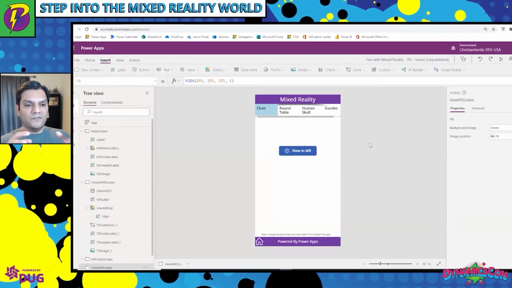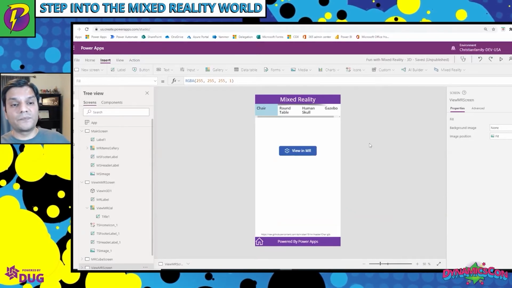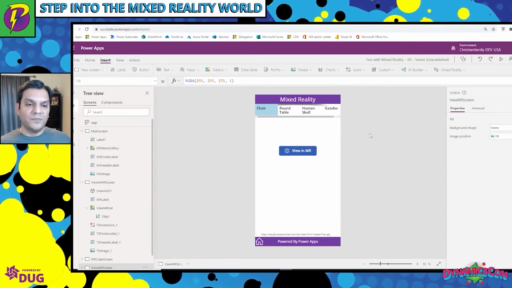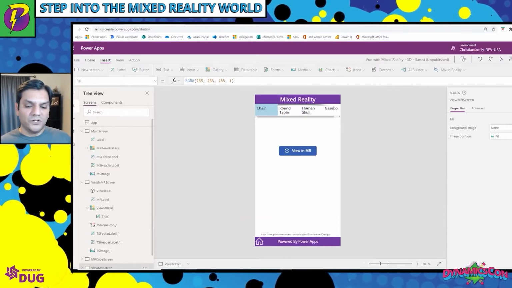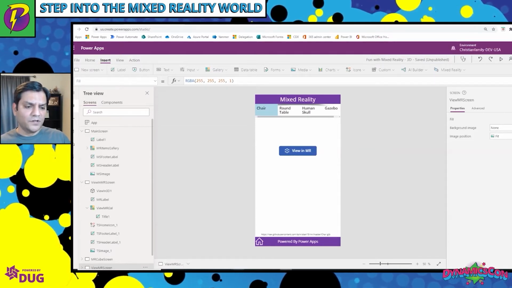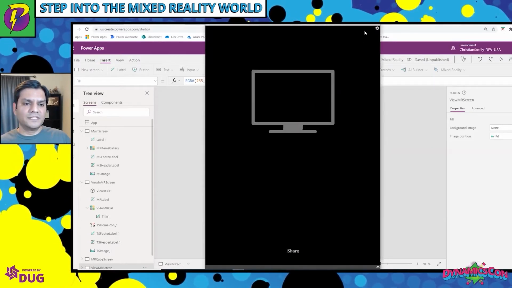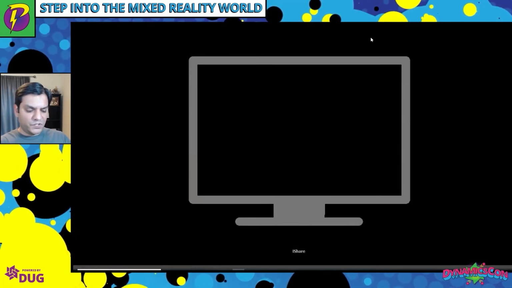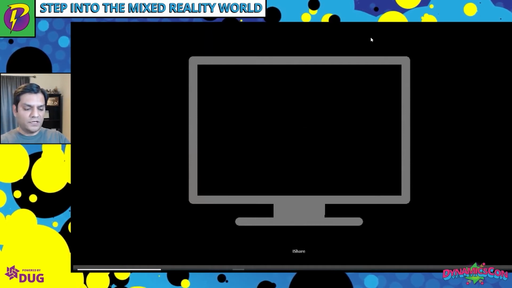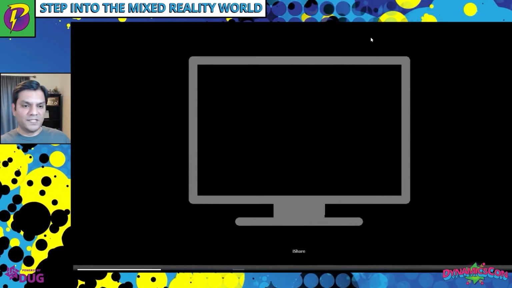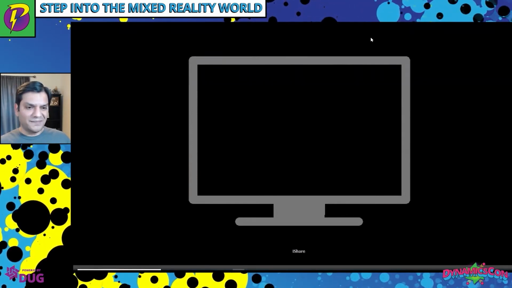But now, instead of viewing it on the screen in the 3D mode, I actually want to see it directly as if I'm in mixed reality. In order to do that, I'm going to use my phone. So I'm going to come over here. First thing I'm going to do is turn on the 3D viewer. This is Lonely Screen, something that I use because it helps me show you what I'm seeing on my phone. So I'm going to do some screen sharing. And any second now, you will see my phone show up over here. Again, that's the simple piece: I'm just sharing my screen over here.